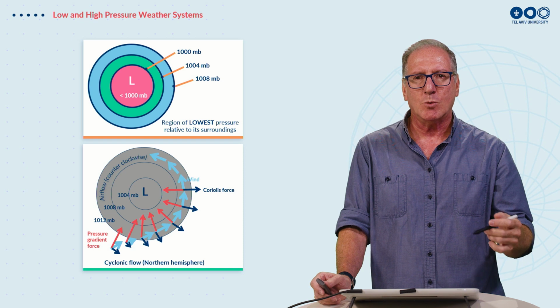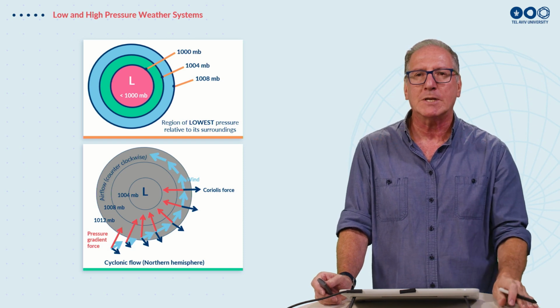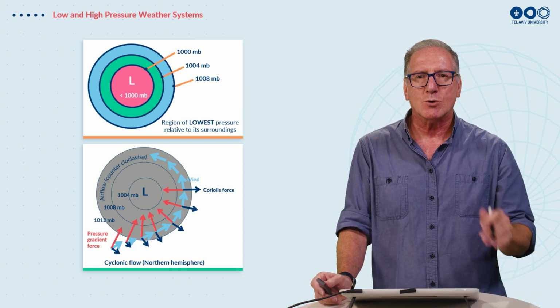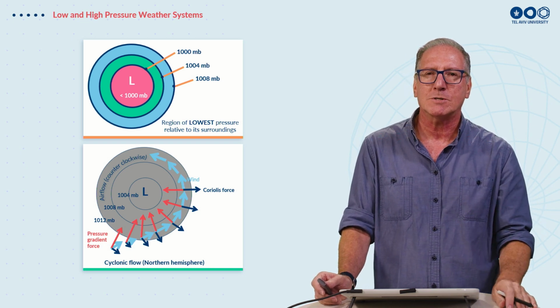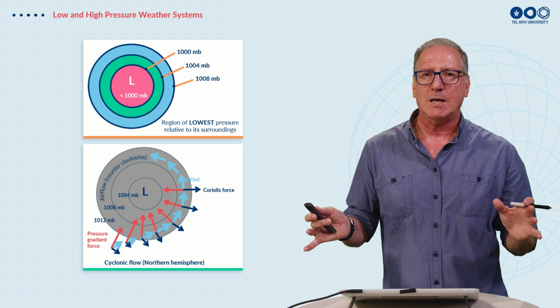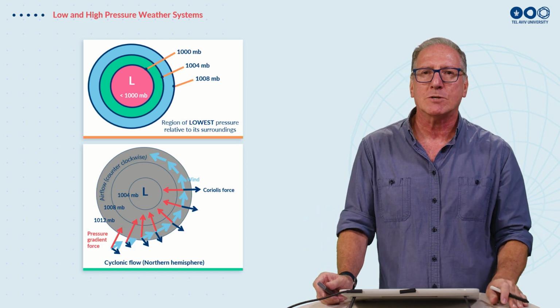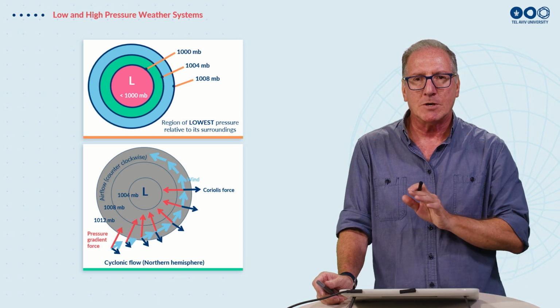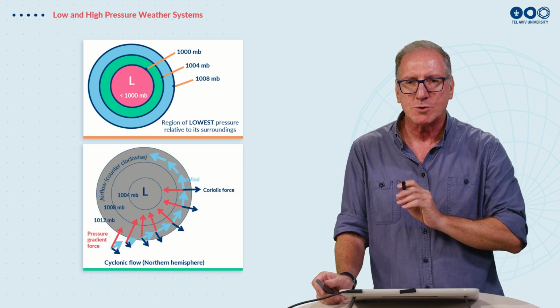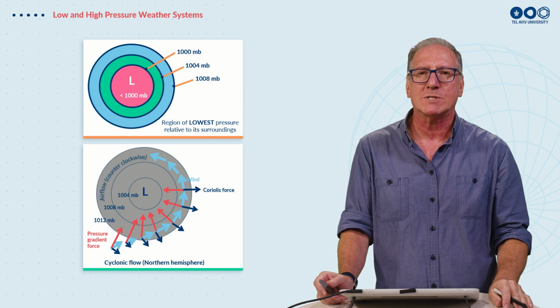Initially the wind will start flowing in the direction of the red arrow. It always goes from high pressure, which is on the outside of these circles, where the highest pressure is, and it's going always in the direction of the center of the low pressure, where we have the lowest pressure. So the red arrow is what the force will initially push the air towards: the center.